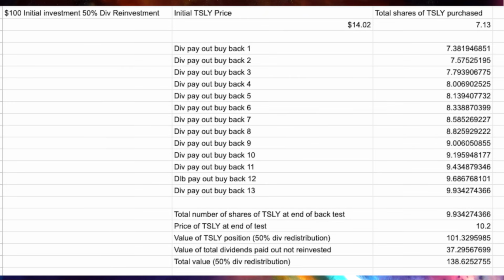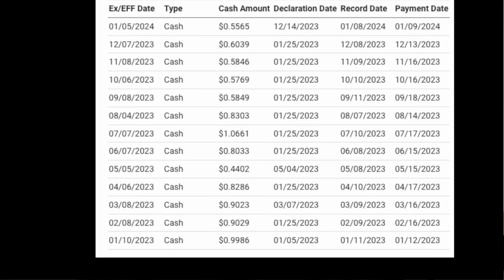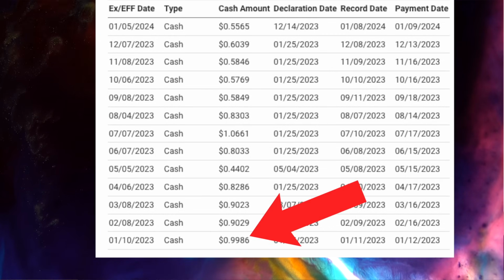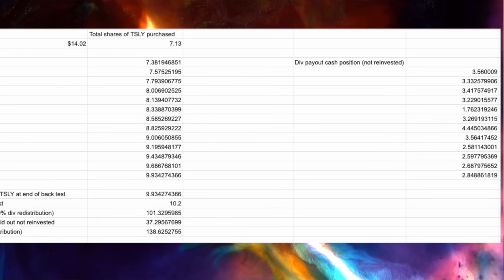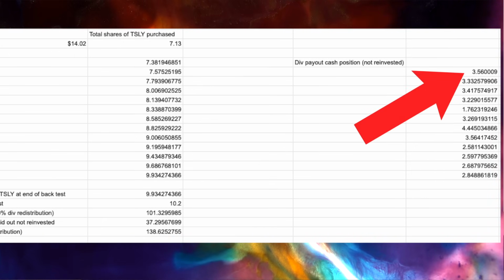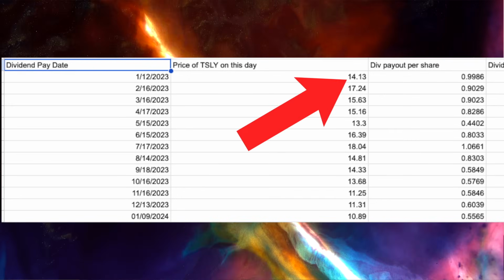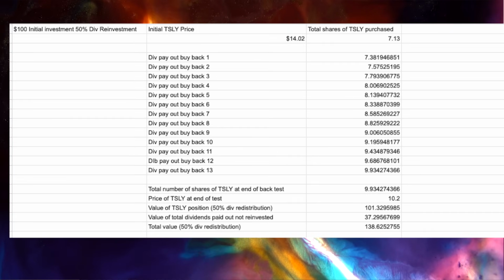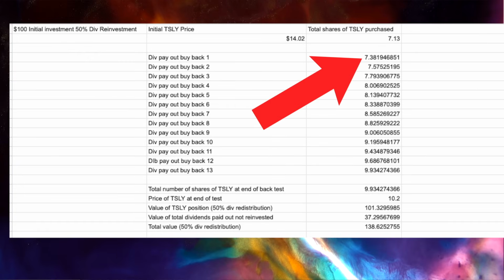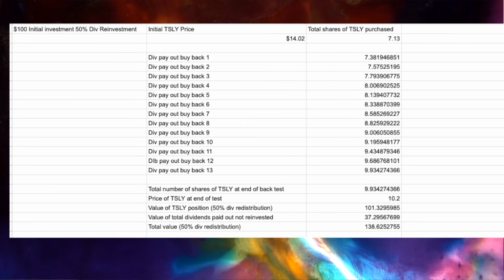All right, now we get into the good stuff. What if we reinvested 50% of the dividends? So initially, if we bought $100 worth of TSLY in January 2023, we ended up with 7.13 shares. After 1 month of owning it, we would have been paid 0.9986 cents in dividends per share, or a total of $7.12. If we took half of that, that's $3.56, and bought more TSLY on January 12, 2023 at a price of $14.13,